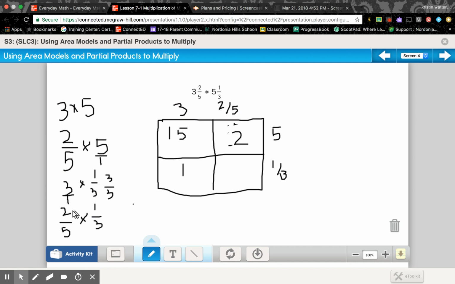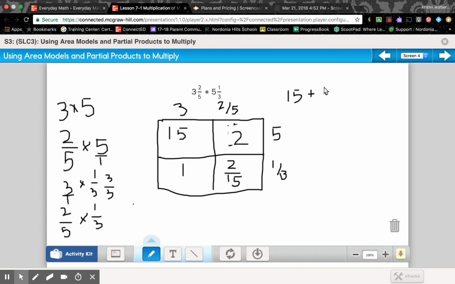And then here I have 2/5 times 1/3, so then that gives me 2 over 15. Well, this one is pretty easy to add up. Since I simplified here and here, I don't have to find a common denominator. I just have to add 15